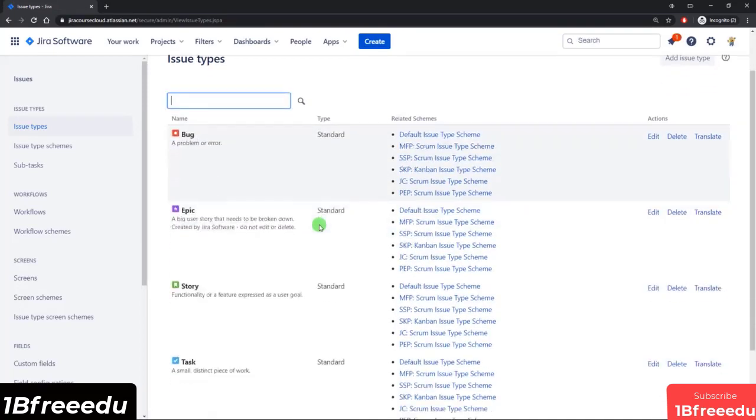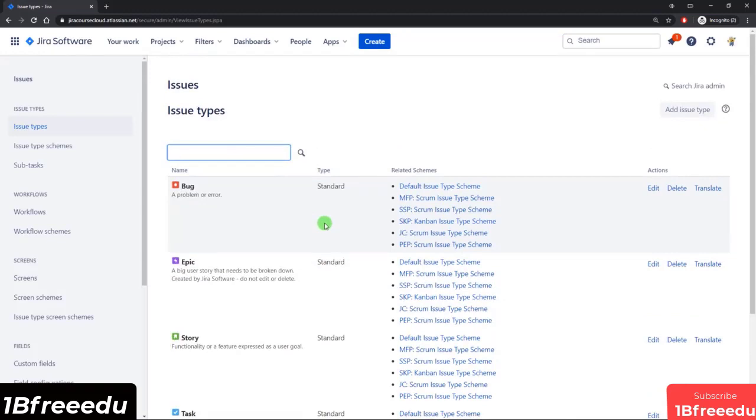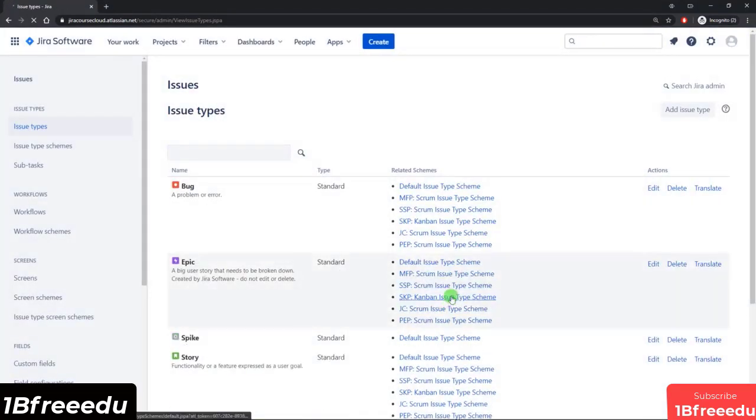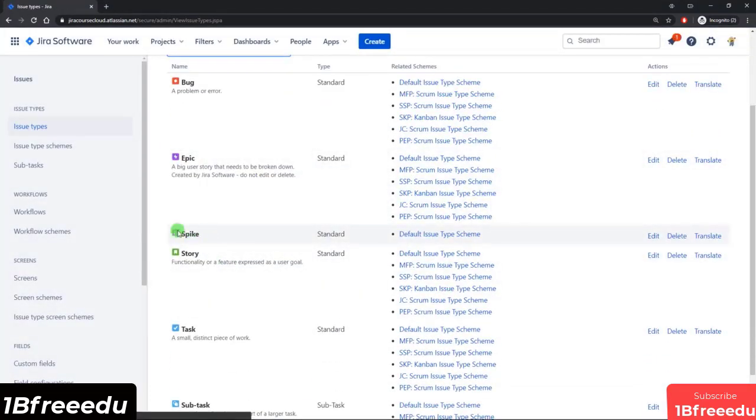So what we're going to be doing is we will be creating a spike issue type. So I'll come up here to the top, click add issue type, and we'll call this spike. You can put in a description if you want, and we want it to be a standard issue type. So let's click add. So now we have spike, and I'm not a big fan of the icon here, so